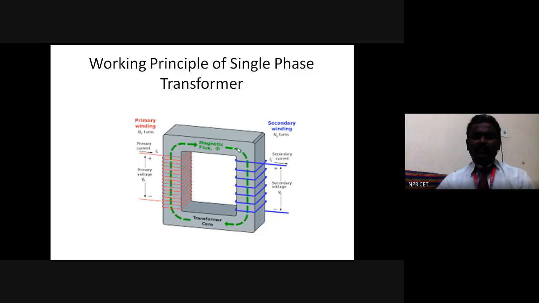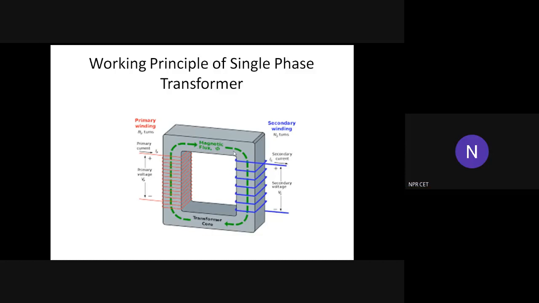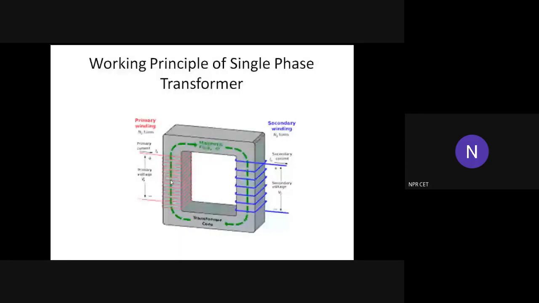This is the iron core, specially a laminated iron core. Why are the cores laminated? To reduce the eddy current loss, right? And also the iron core provides a low reluctance path for the magnetic flux,